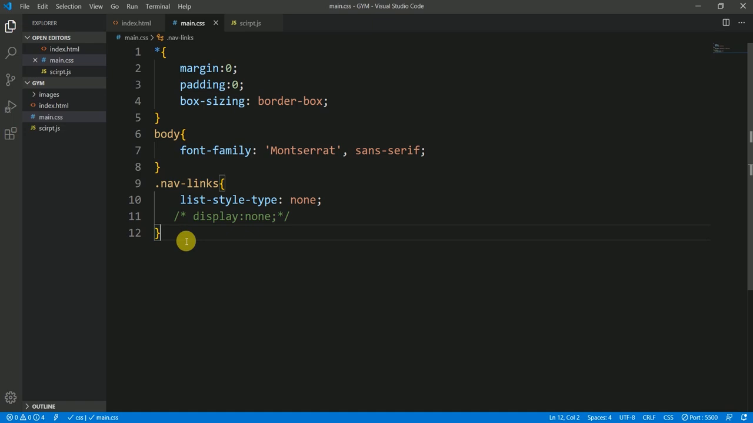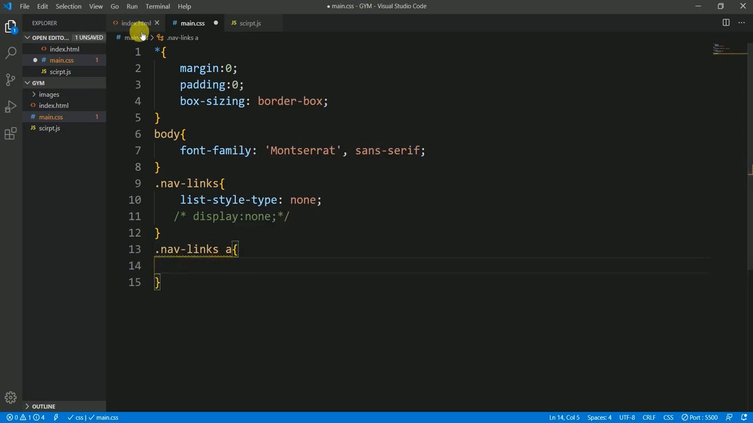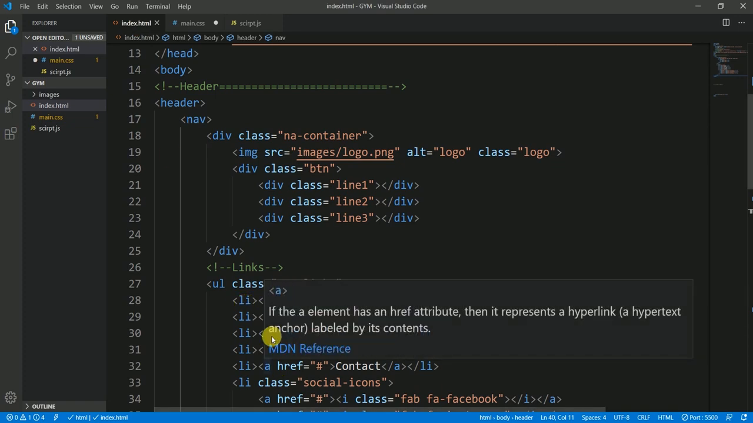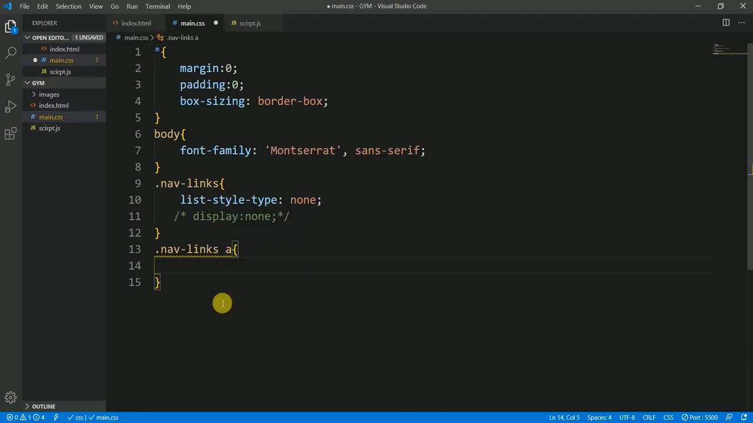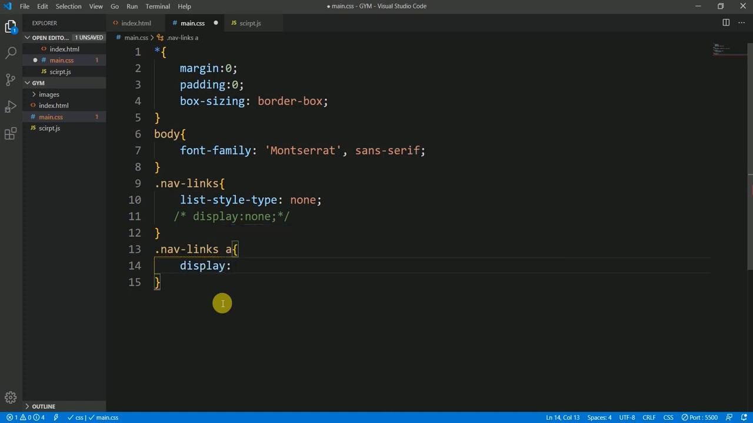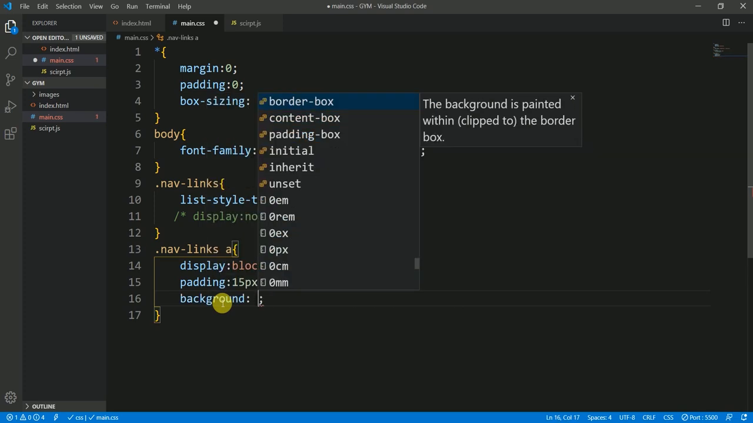Now I have to have a navlinks a. What is this navlinks a? It is all the anchor tags of this navlinks, this a element. I'm going to apply some properties here. So the first property is the display property, and I want to display it as block, and the padding for this would be 15 pixels, and the background